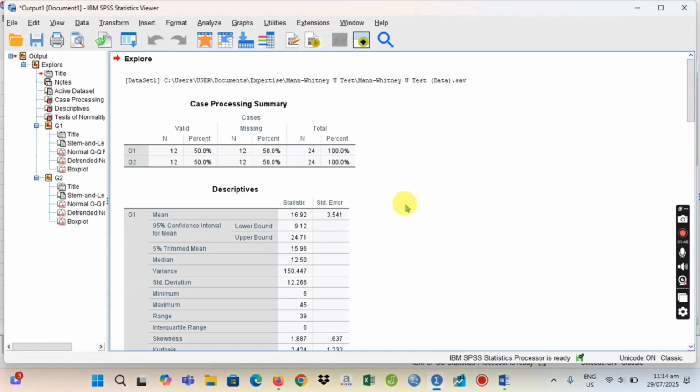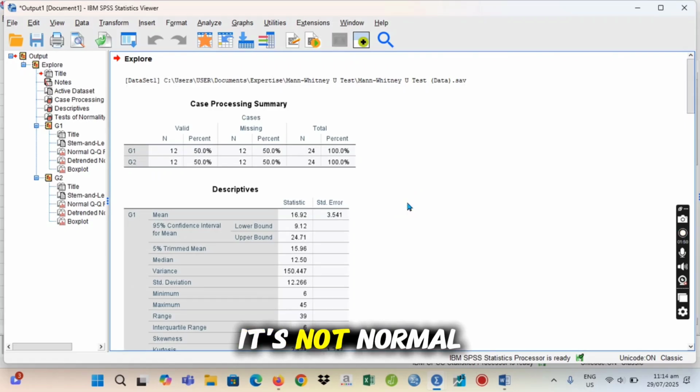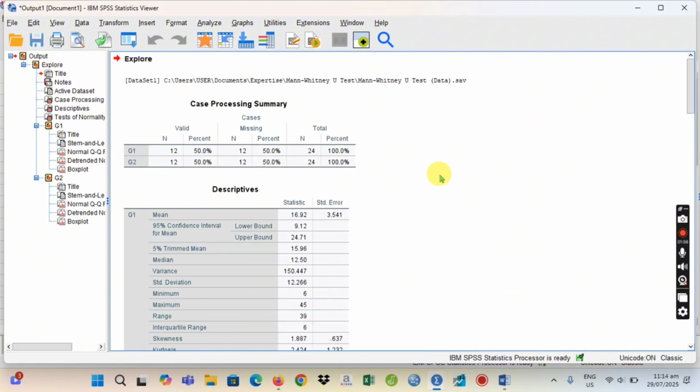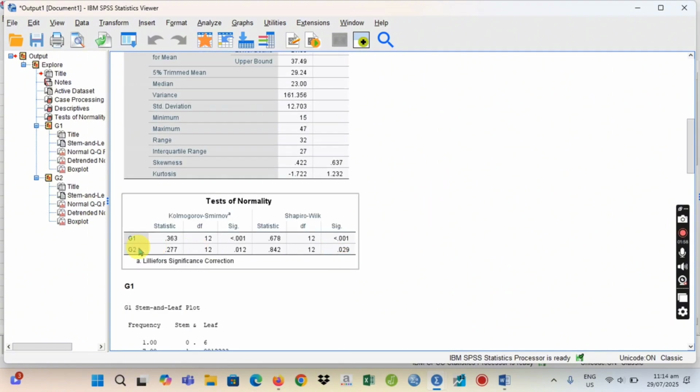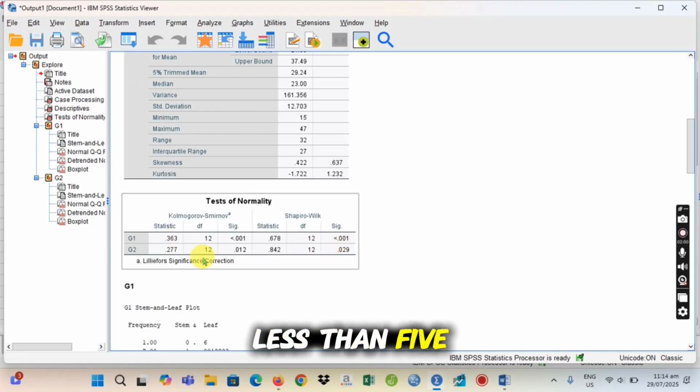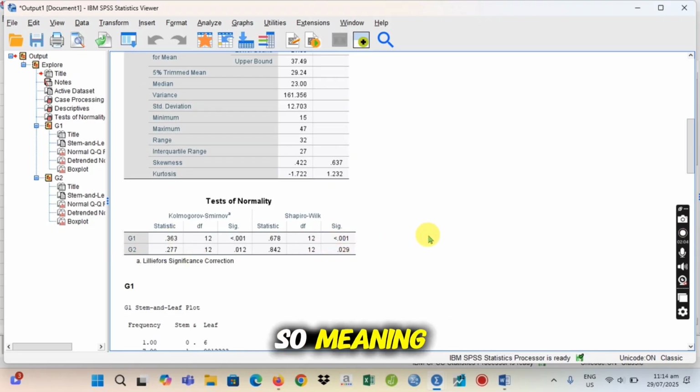If it's less than 5%, meaning it's not normal, we have to use the Mann-Whitney. If it's normal, we have to use the independent t-test. So let's see. Okay, group 1, less than 5%. Group 2, less than 5%. So meaning, we really have to use the Mann-Whitney U-test.